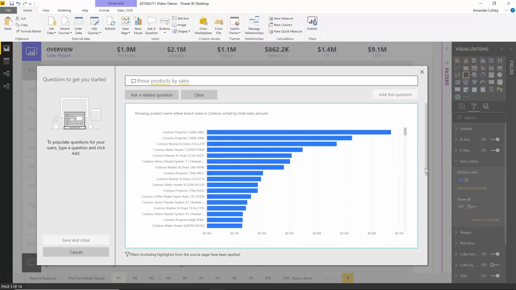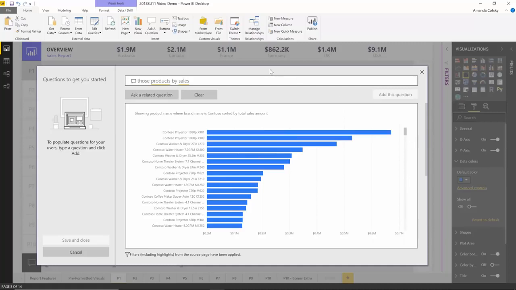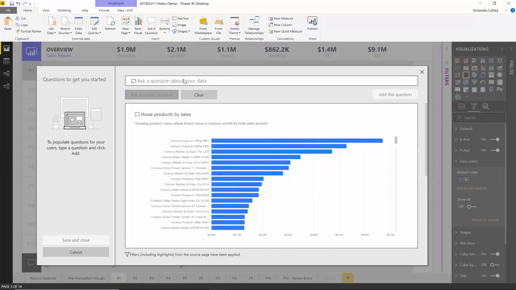And if you scroll in the dialog, you'll be able to see the history of your questions as well. So if you continue to expand and ask more related questions, you can always scroll to see the history. You can ask a lot of different types of questions. And I can just continue to have a conversation with Q&A at this point, continuing to ask related questions and follow-up questions. So for example, I can ask if I wanted to instead see them for